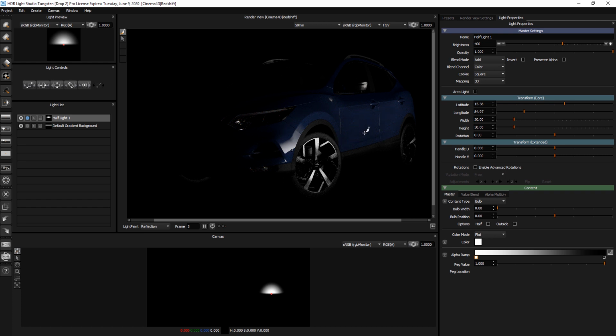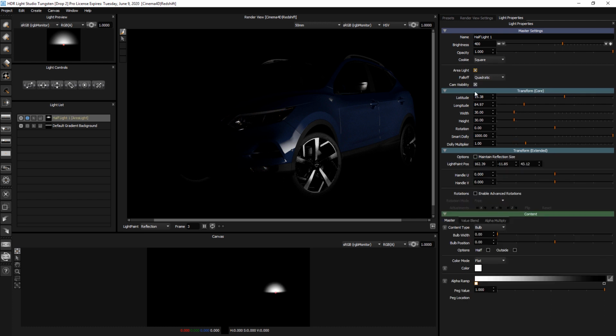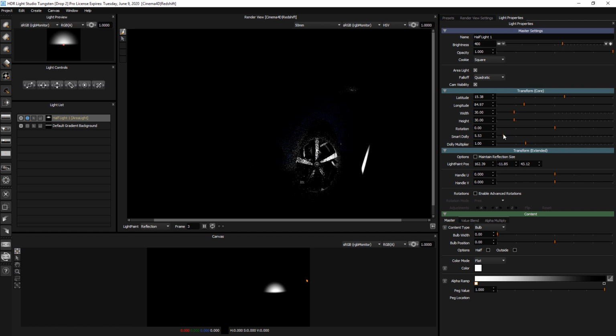So this is an ideal time to turn this light into an area light, a 3D light. So we'll use the area light checkbox. The light has now been created as an actual 3D light. And if I use Smart Dolly and I dolly that light right in, you can see that light in the view. It's gone way too close there. But if I just take that back,